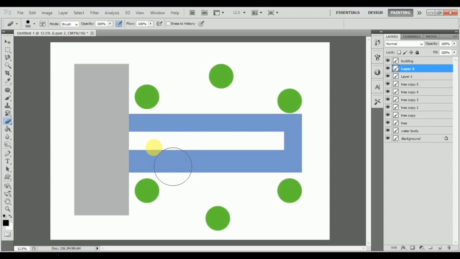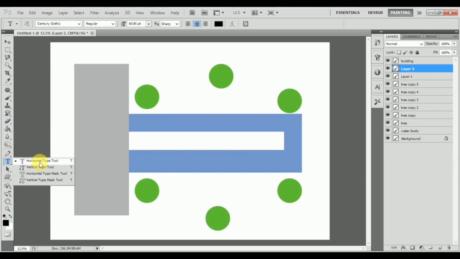Now for the last thing over here, guys, we are going to be using our text command, which is the T. You can directly press T or you can select the text. I would suggest that you go on it first, right click and make sure it's horizontal type text but not vertical, because vertical would be up and down and not horizontal. And then we have type masks, so we'll talk about that later, but let's first talk about the horizontal